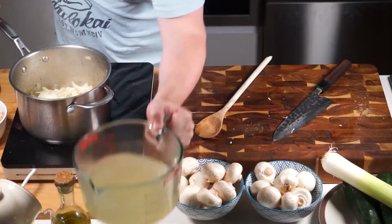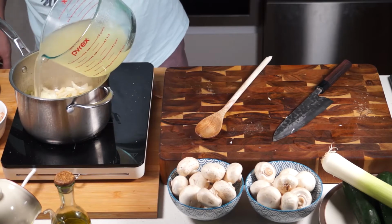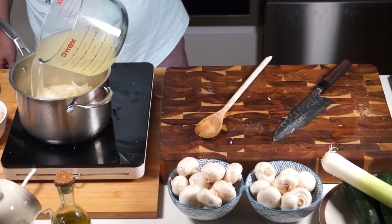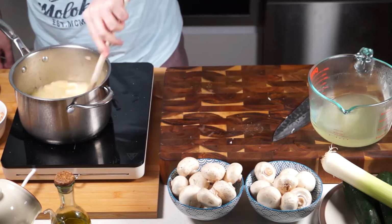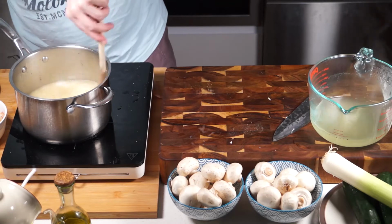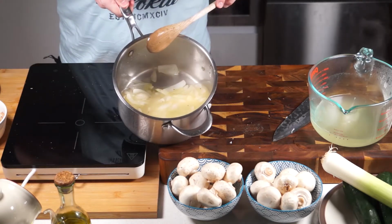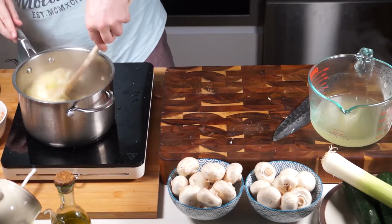We're just going to get our vegetable stock. I've got about 4 cups worth, which is about 1,000 ml, about a litre. I'm just going to pour this. We don't need all of this. I just want a nice even covering. Can you see that? It's just covered everything. And then we're just going to let that